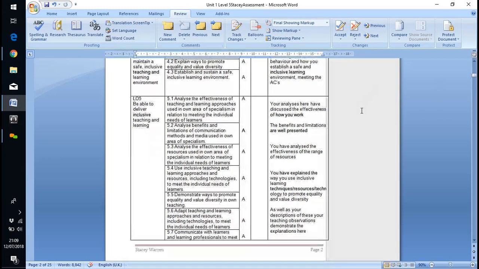Right. So, 5.1, I put your analysis has been discussed and effective. Benefits and limitations are well presented. You have analysed effectively the range of resources, and you explained the way in which you use inclusive learning techniques, resources, technology to promote the equality and value of diversity. As well as your descriptions of these, your teaching observations will demonstrate explanations here. So again, LO5, if you look at the command verbs on here, you've got analyse, analyse, analyse. So you've got three and